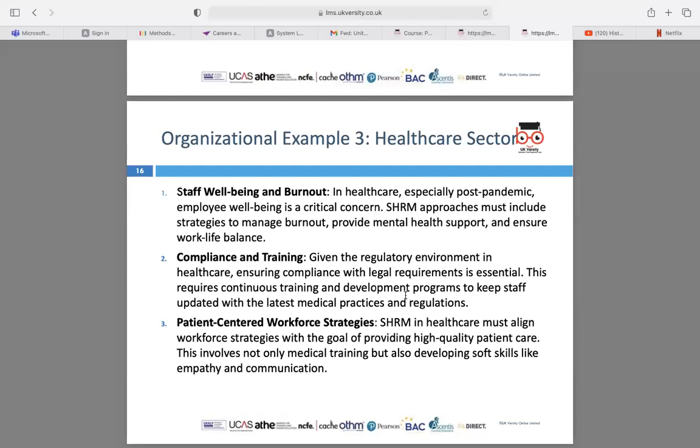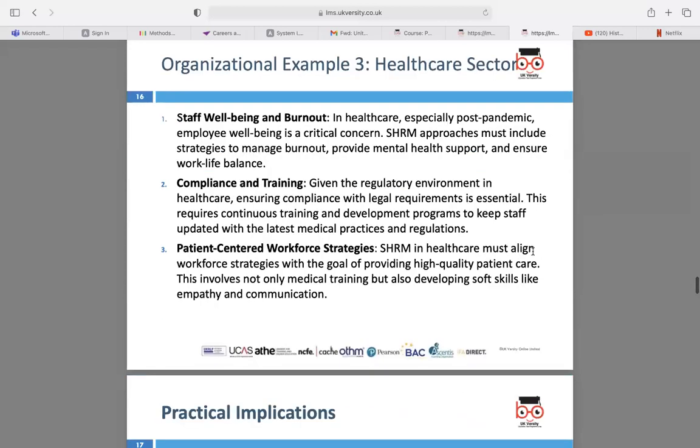So it requires not just medical training, or them being, all right, you've operated, you're good at your job, but them also having some empathy and communicating well. You're dealing with sensitive patients over here. You are dealing with people's lives at stake. You need to have that much empathy and communication with the patient as well. So they need to be trained that way as well, because obviously it's the healthcare sector.